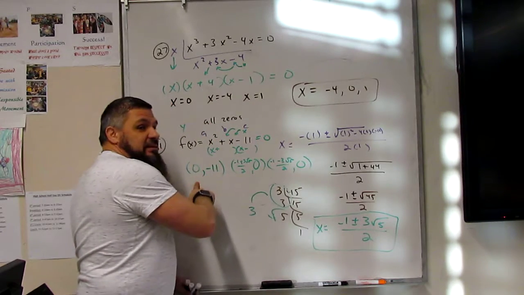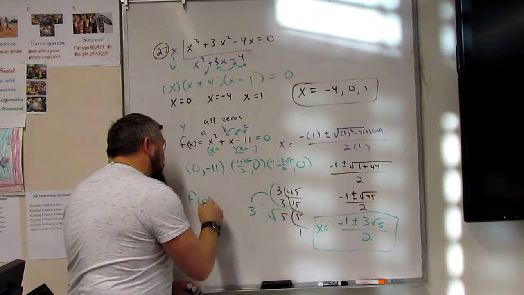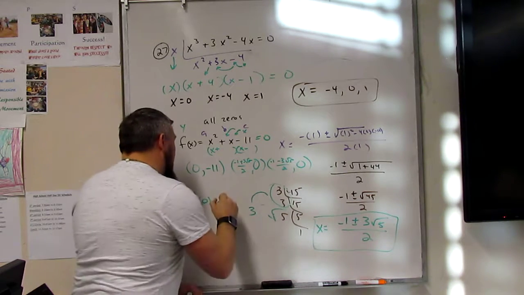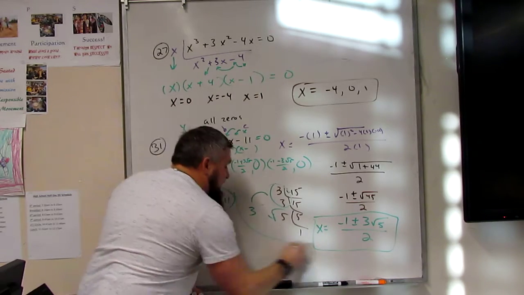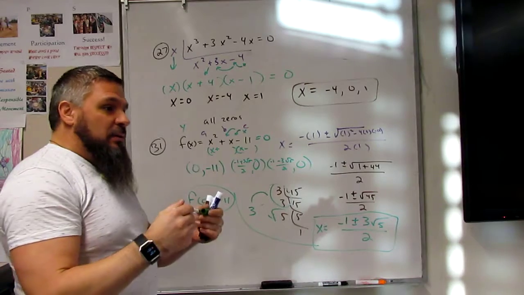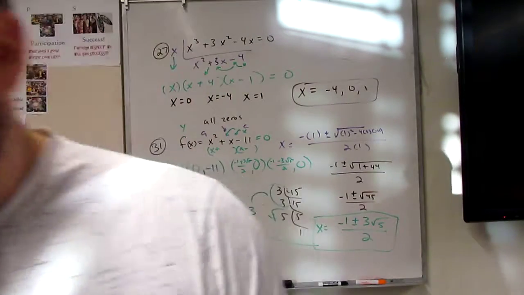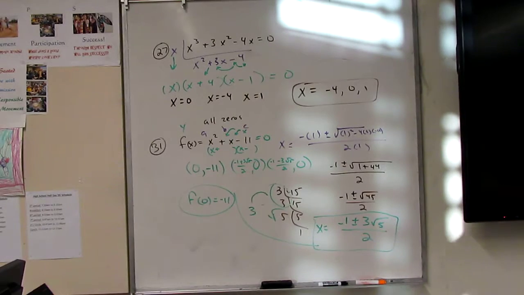And don't forget this, right? f of 0, you could also write it like this. f of 0 is negative 11. But these two have to be there, or your coordinates have to be there. You choose. Simple? Yes. Very. You might want to pause that and